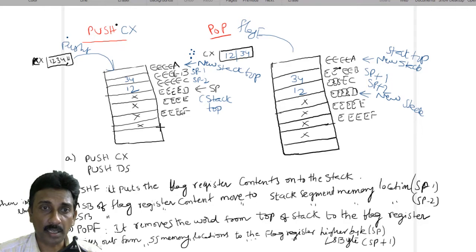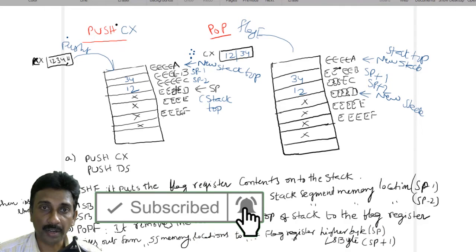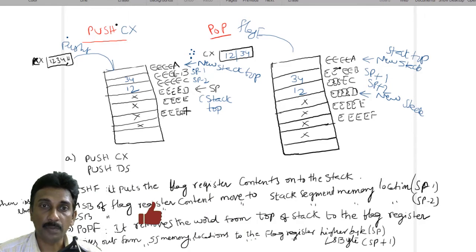Let us have a look at these memory locations initially. These 4 cross marks are garbage values. Before, we have garbage values. Imagine that the address starts from A, then B, C, D, E, F. So the address will be incremented from this place to this place, not the other way. I have imagined it like this: A, B, C, D, E, F. Now I assumed that the stack is here. The stack pointer is now here, this is the stack top, because all these are some garbage values.